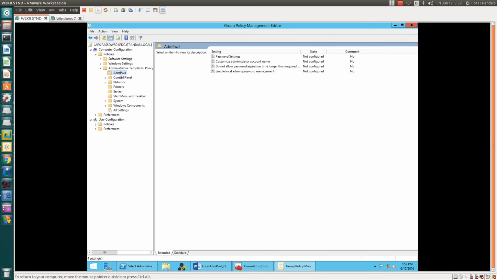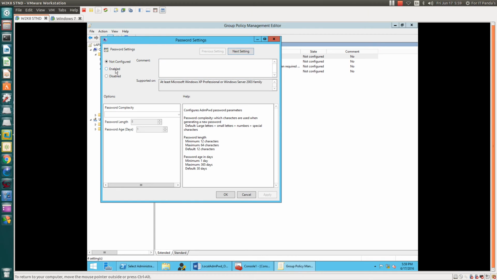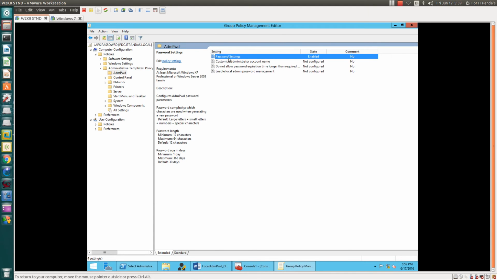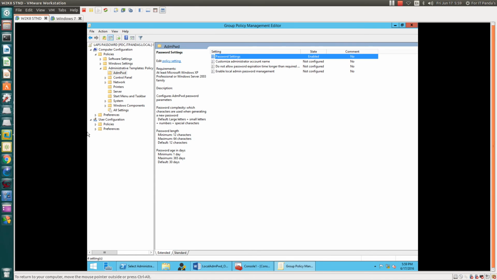You can see the password settings: complexity, which you can select from here, length should be 12 and password age days is 30. You can change it, say every 1 day or every 2 days. Let it be 60 in my case.